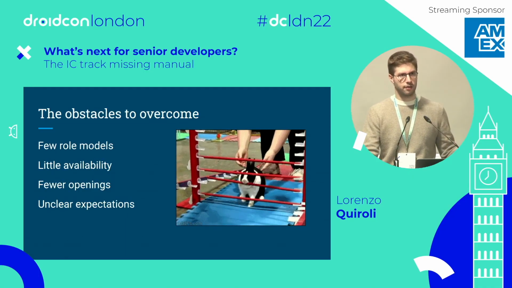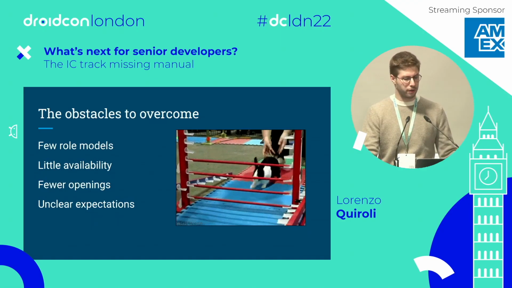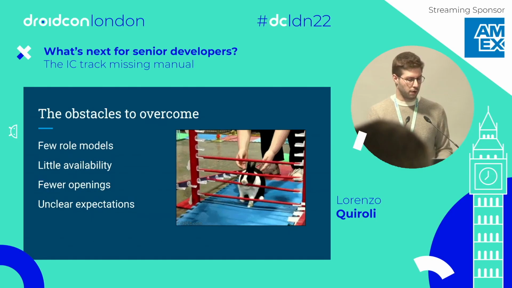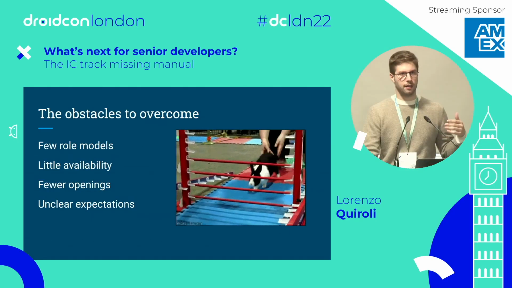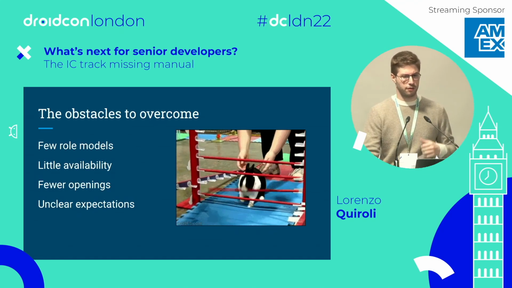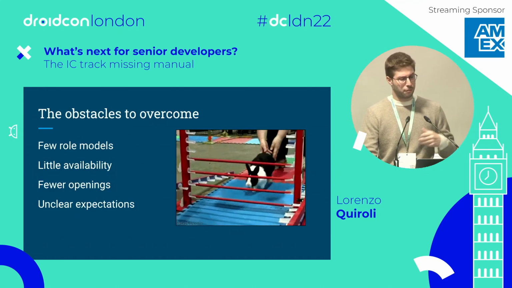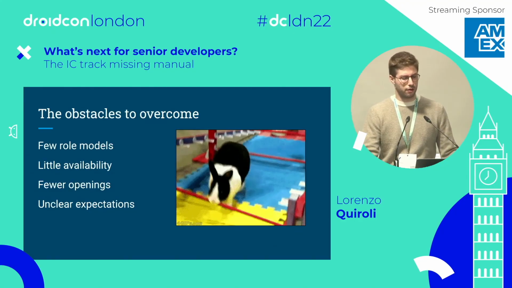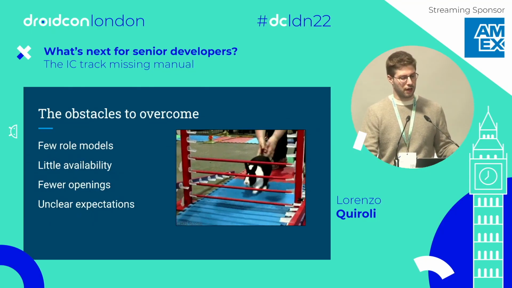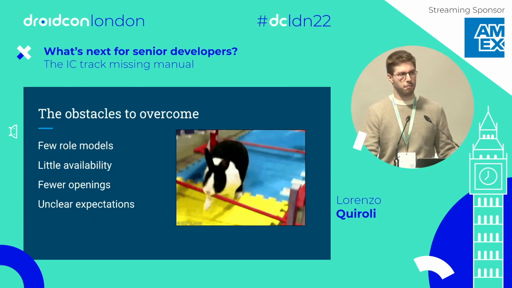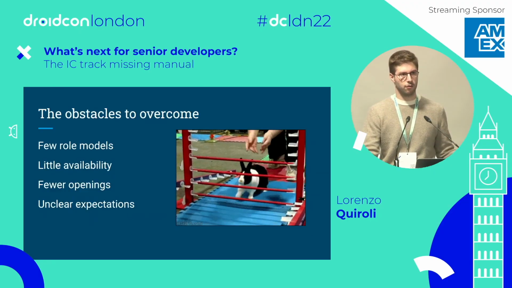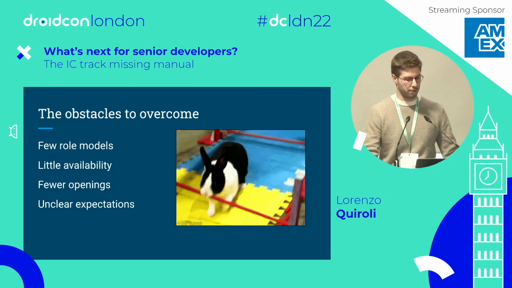If you're working in a startup or in a pretty small company, you might not have a lot of role models you can get inspired by. Especially, there might not be another staff Android engineer. There might be at times a back-end staff engineer. Those are more frequent. There might also not be a lot of availability in your company. Not all opportunity exists at all times in all places, and this is worth remembering, because even if you are amazing at something, it doesn't matter if there's no opportunity to be in that role.